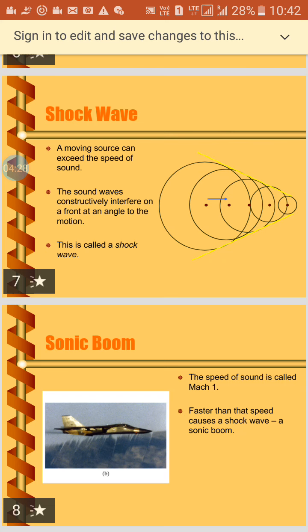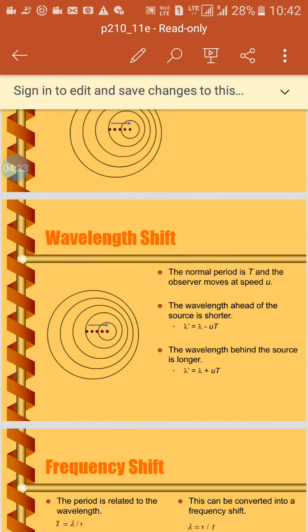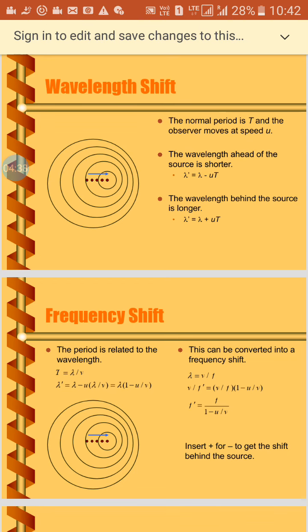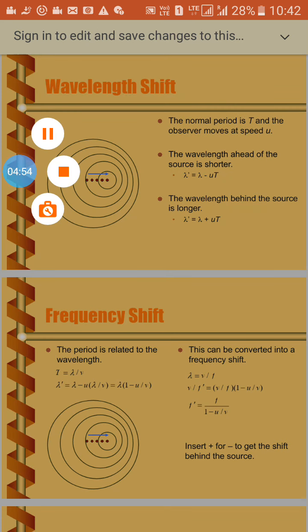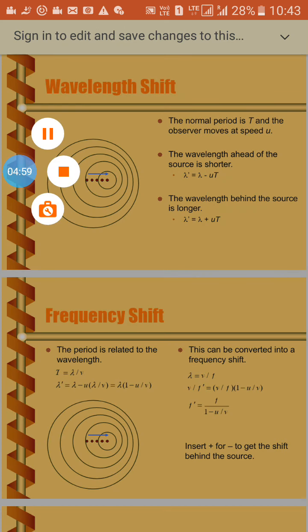Now you also understand about the wavelength shift. You also understand the frequency shift. Wavelength and frequency shift are very important to know about the Doppler effect, and they will also help to analyze the